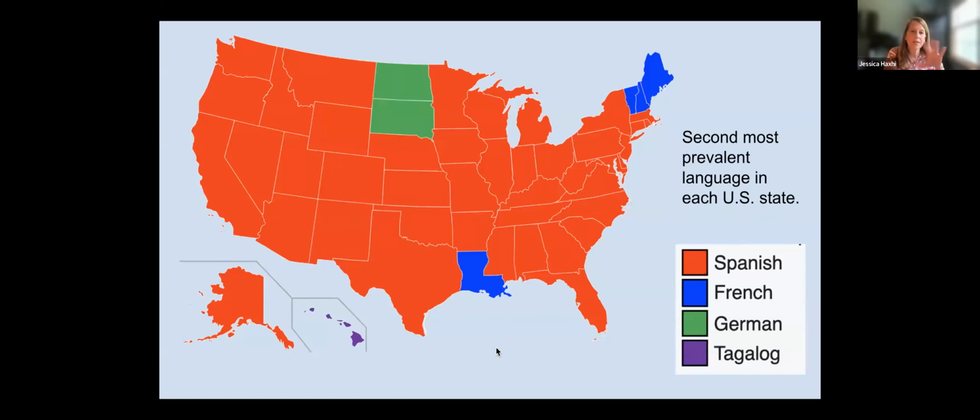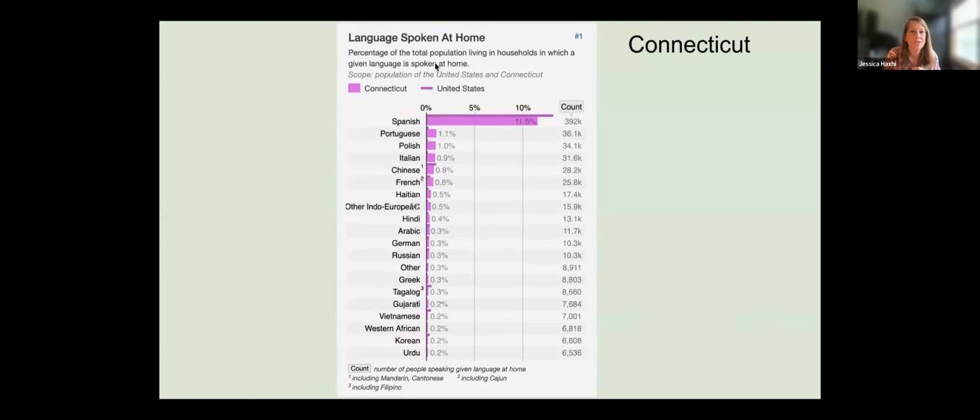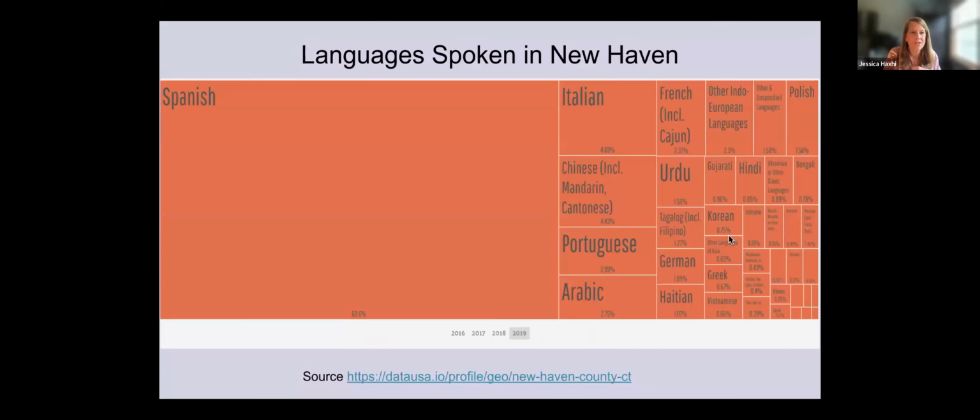So we give them a chance to talk with their friends and guess the answers to these questions, and these are the answer slides. But I thought you'd find these interesting, that these are the most common language spoken at home other than English or Spanish. And look at that, New York State. And Connecticut is Portuguese, interesting. And we have so few Portuguese programs left. And here's New Haven. I'm sorry, Connecticut. Here's Connecticut, right? And then there's New Haven, Spanish.